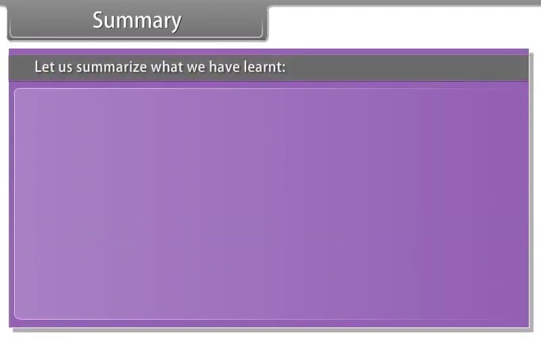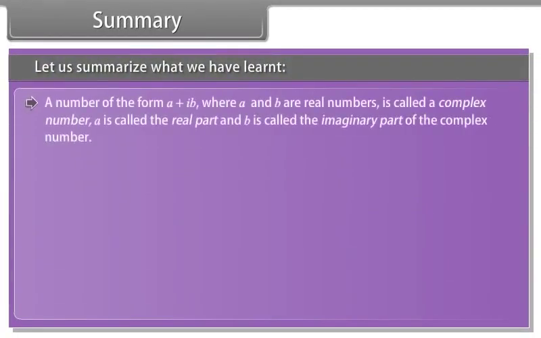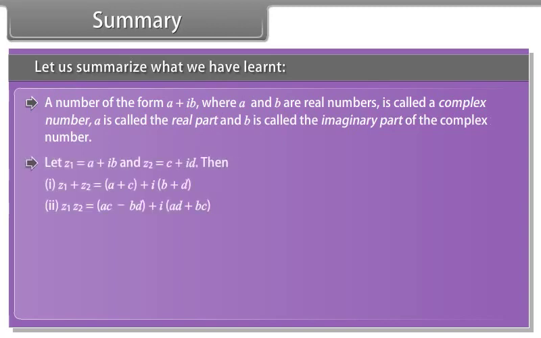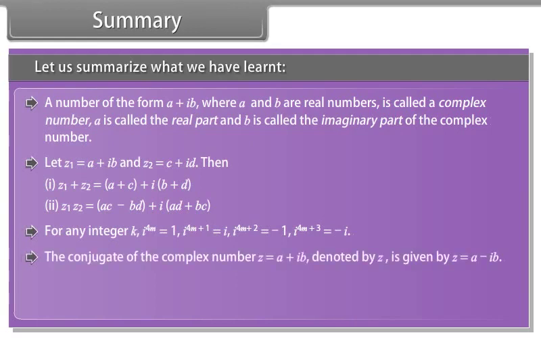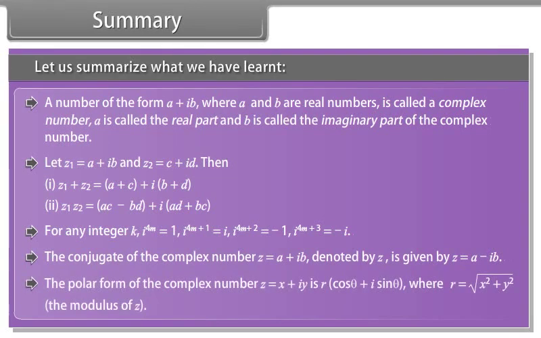Summary. Let us summarize what we have learned. A number of the form a plus iota b, where a and b are real numbers, is called a complex number. A is called the real part and b is called the imaginary part of the complex number. The conjugate of the complex number z is given by the polar form of the complex number is where